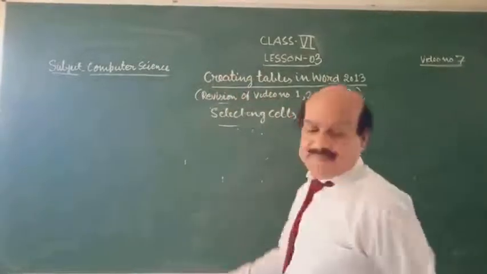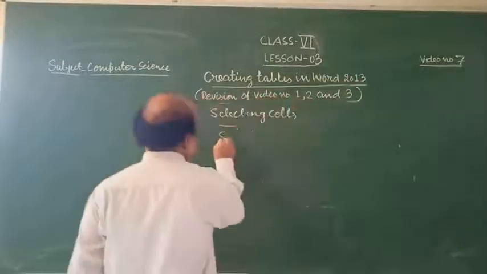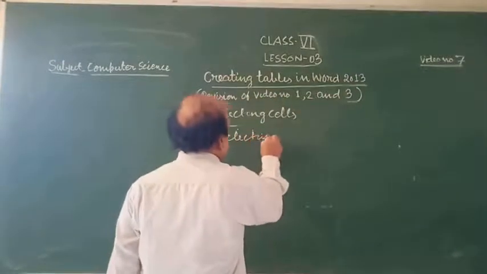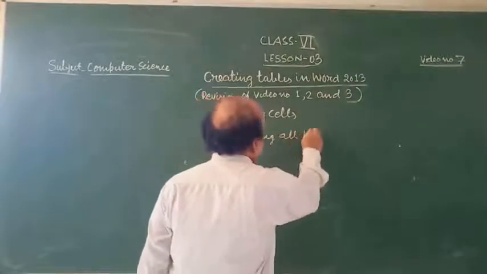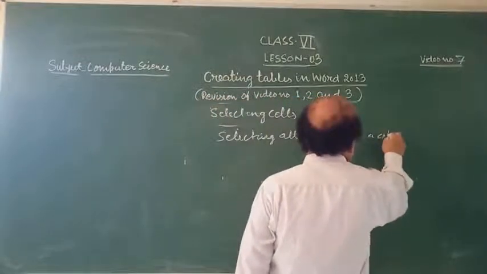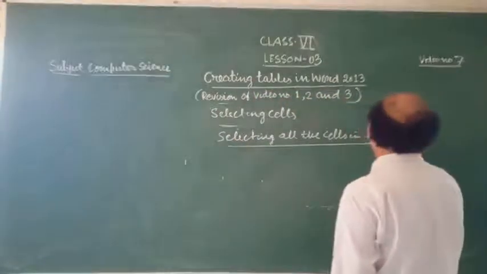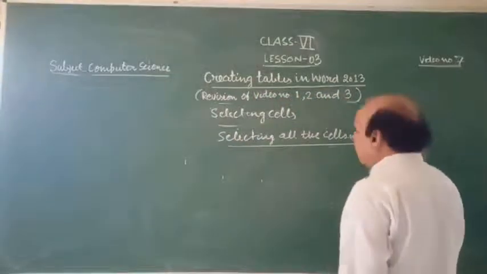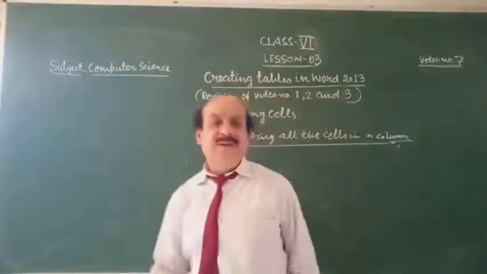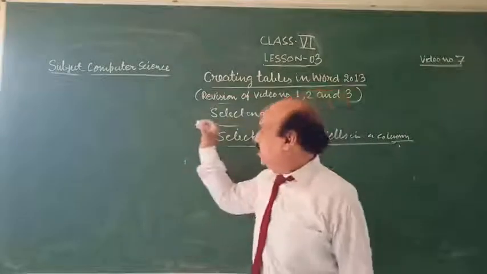Next topic: selecting all the cells in a column. Here we have selected the rows. Now we have to select the column. So what will you do? Keep the mouse pointer